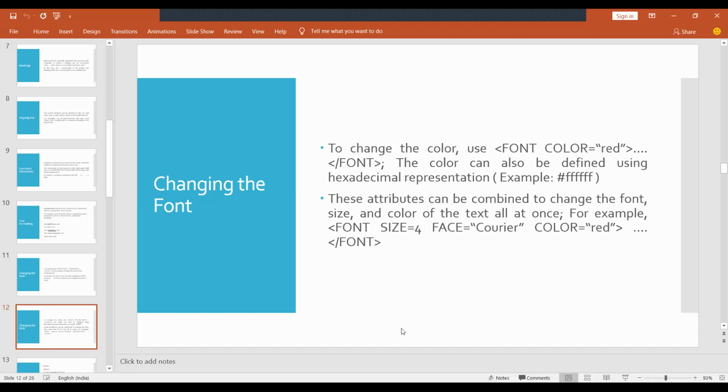The second method for representing color is the hexadecimal representation, which starts with the hash and then six characters.